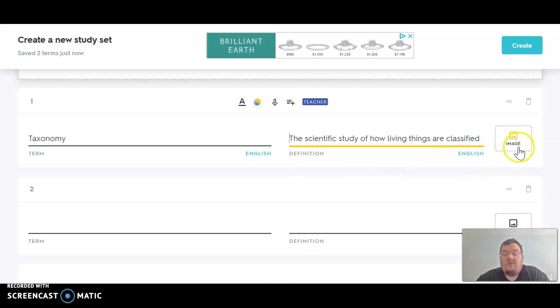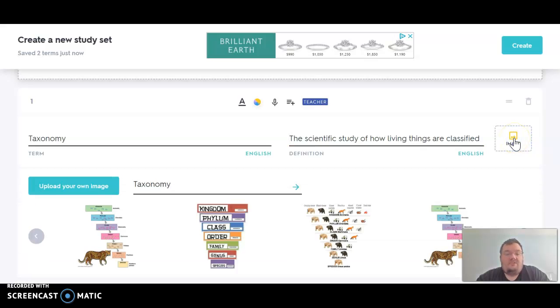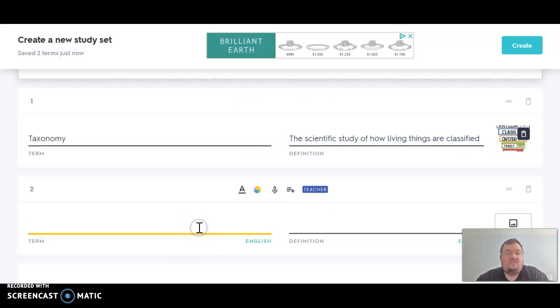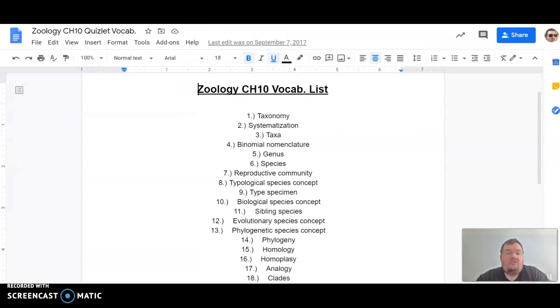What you could also do, and you don't have to do this necessarily, but it is good for some of them, is enter images, right? So this shows me taxonomy right here: kingdom, phylum, class, order, family, genus, species. So I'm going to put that to match with it since that's going to make it easier. Okay, so let's go to the second one,